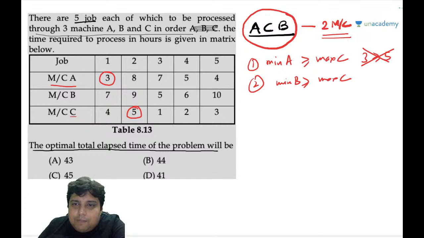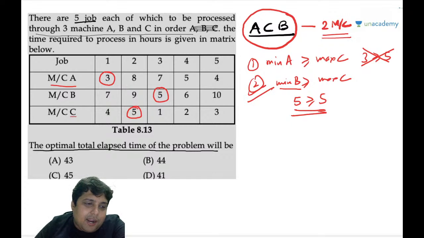What is the minimum value of B? The minimum value of B is 5. So in this case, I can say that 5 is greater than or equal to 5. So this condition is satisfied. And remember, even if one of the conditions is satisfied, we can convert the problem. So the problem will now look like